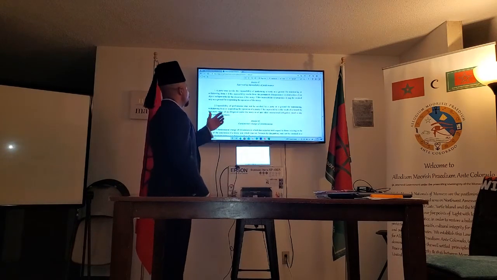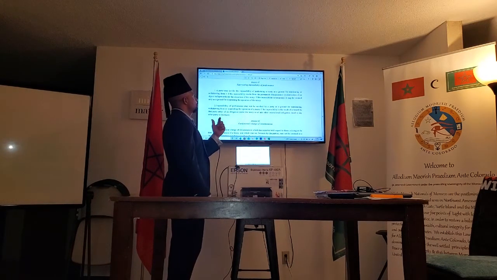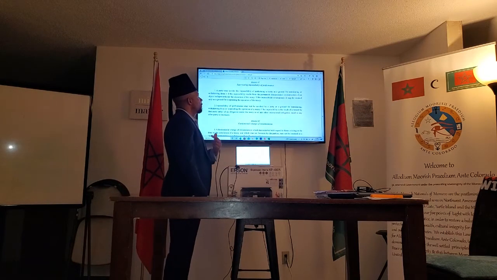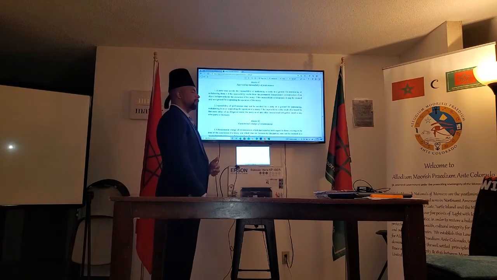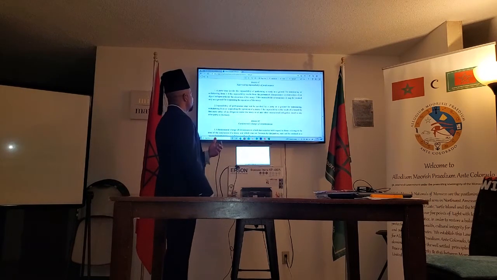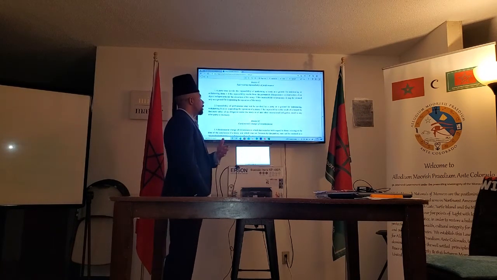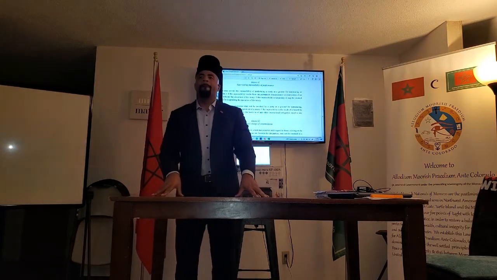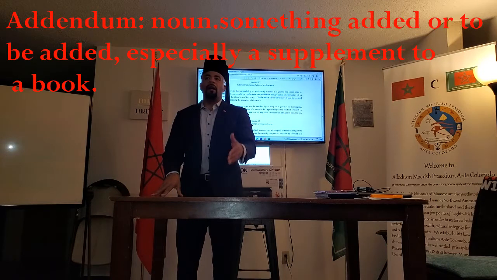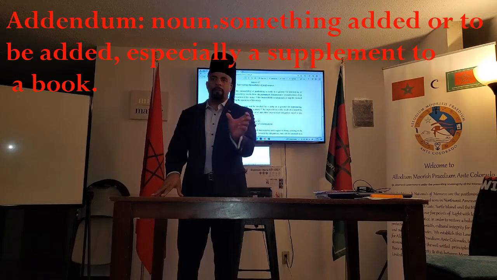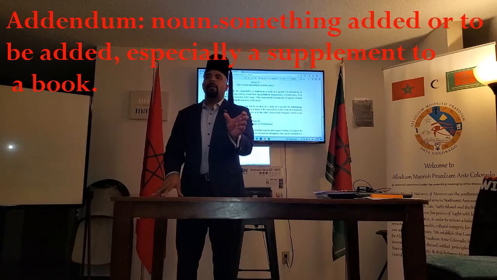Second sentence, under number 1, Article 61, number 1, sentence 2: if the impossibility is temporary, it may be invoked only as a ground for suspending the operation of the treaty. Now, what makes it temporary? Anytime something is not updated in a contract where there's an addendum to change specific language, then immediately that means